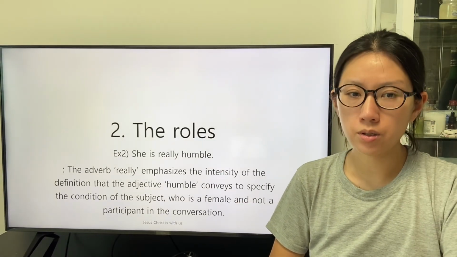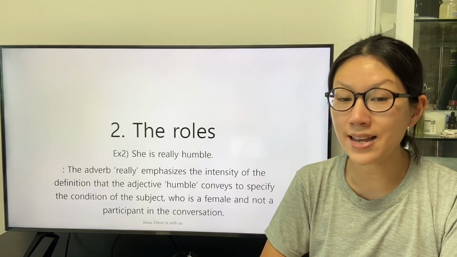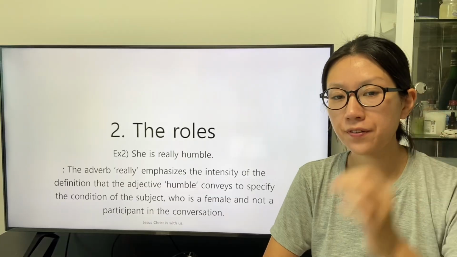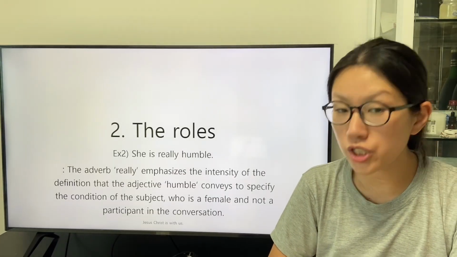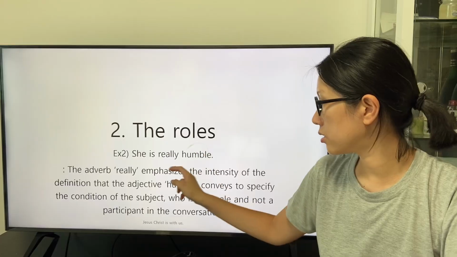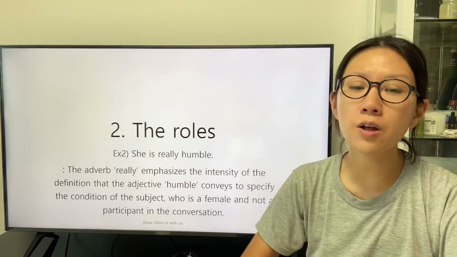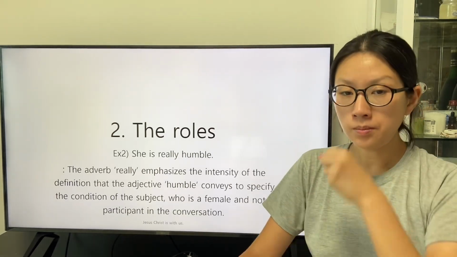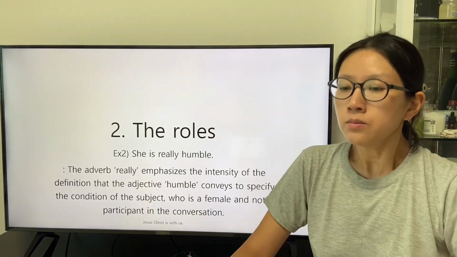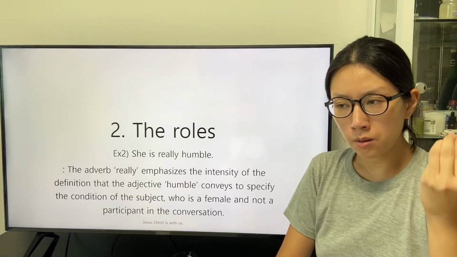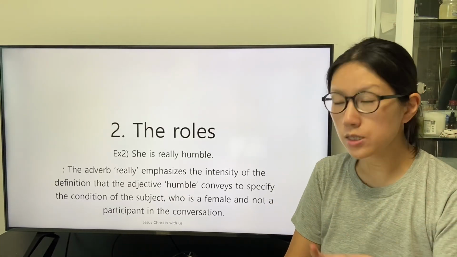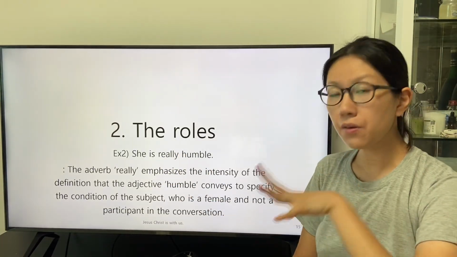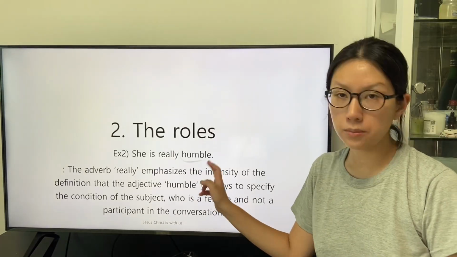She's really humble. The adverb really emphasizes the intensity of the definition that the adjective humble conveys to specify the condition of the subject, who is a female and not a participant in the conversation. From the description by the adverb really for the definition of the adjective humble,